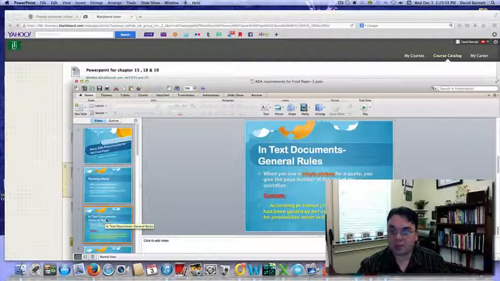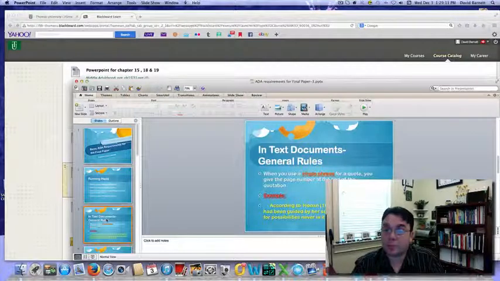The in-text documents, general rules: when you use a single phrase for a quote, you give the page number at the end of the quotation. So let's say we're doing sexual harassment in the workplace. The article that you're reading is Bob Jones University states, the professor Dr. Hildebrand there stated that sexual harassment in the workplace is ongoing, and 10% of women have to deal with this in the workplace within the first 10 months of their employment.